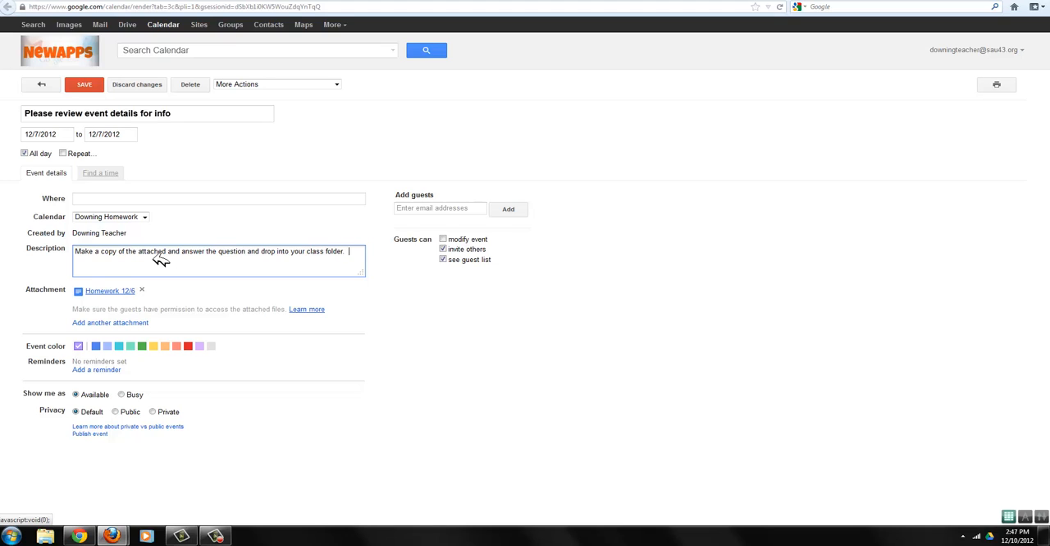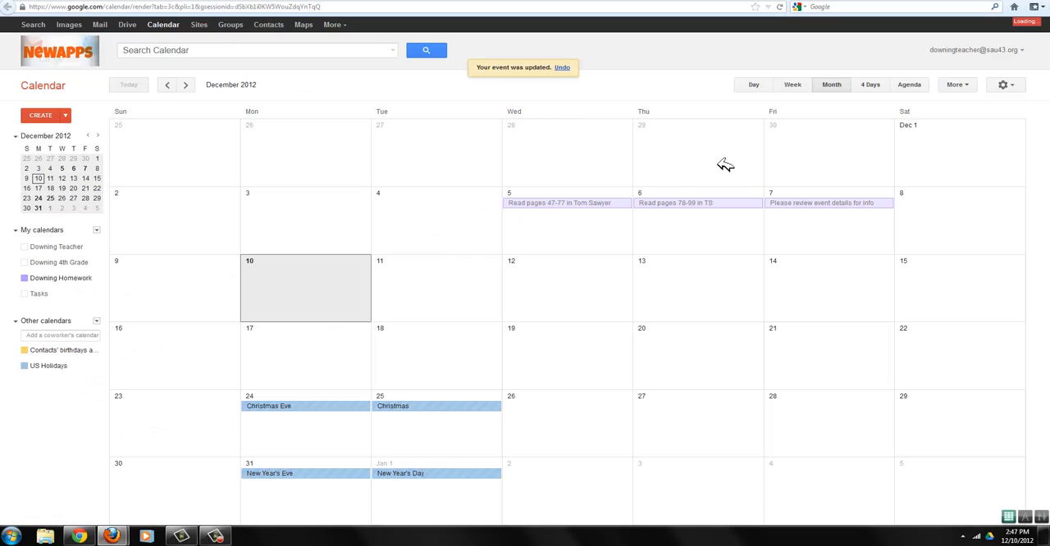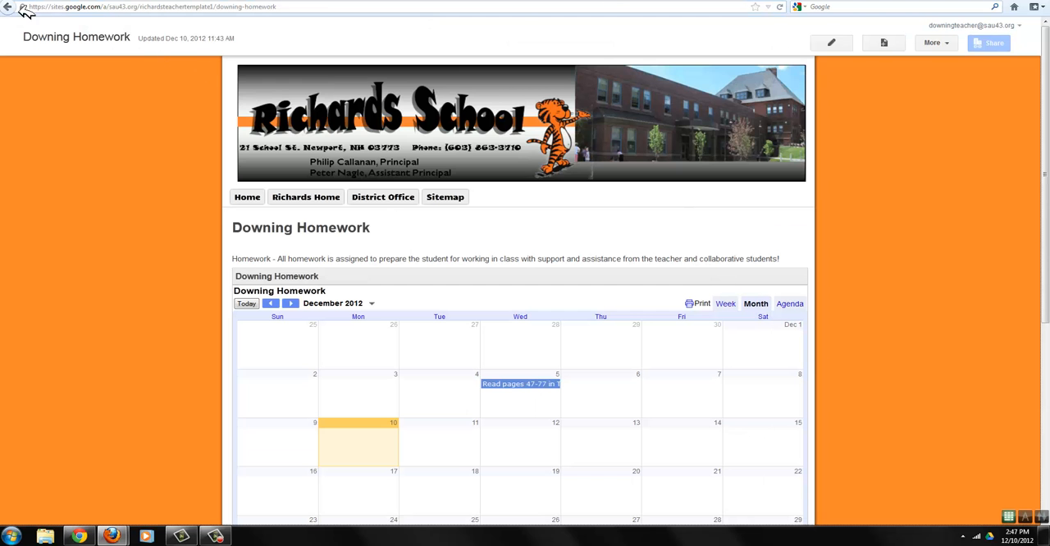Because in Google Docs, in Drive, you can make a folder. Each student makes a folder, shares it with their teacher. Teacher has a folder with all the student stuff. It makes it very handy for them to view the work online. Click on Save. Now if I go to the Downing homework here and update the page,